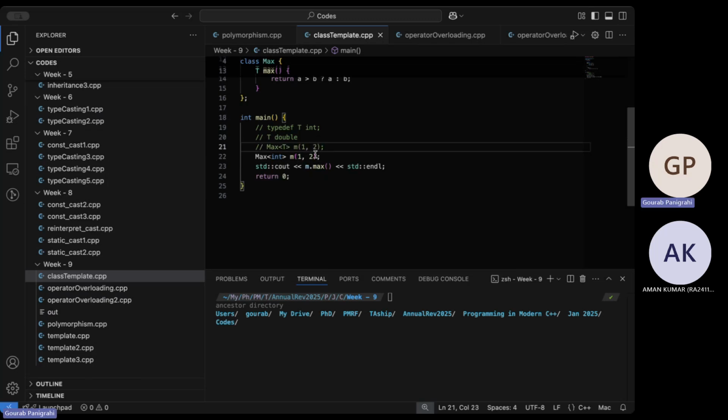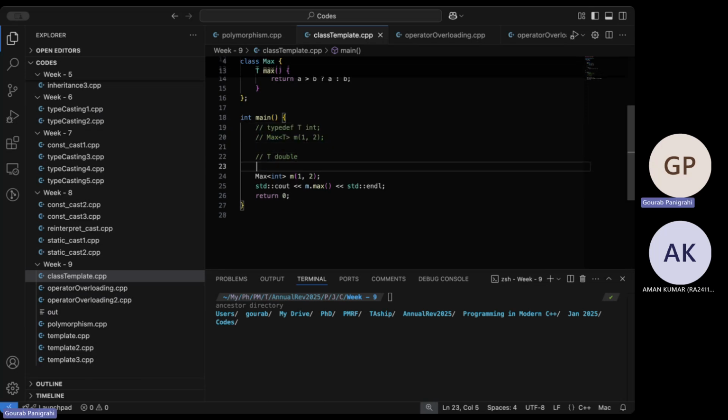So this is the example I'm trying to take. If T is something, so let's say it was integer at first and then I do this. I change T to double somehow. Just imagine that it can be done. And I do the same, but declare an object T and let's say passing different doubles.